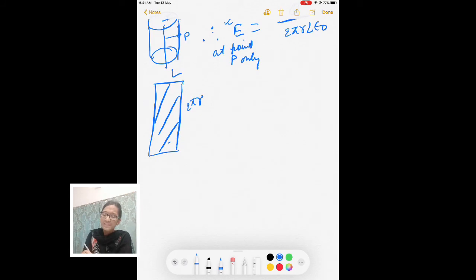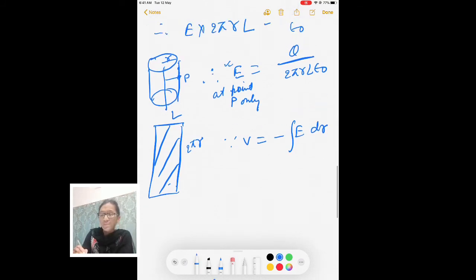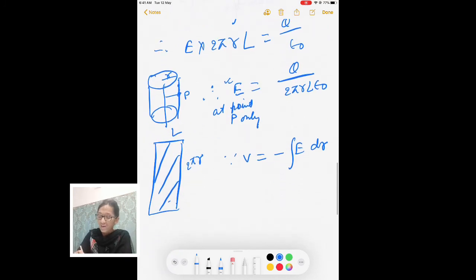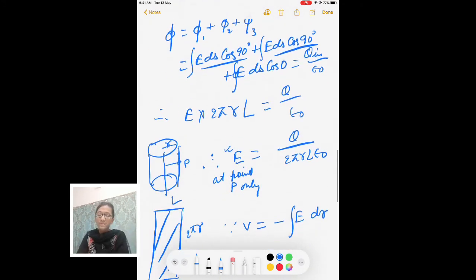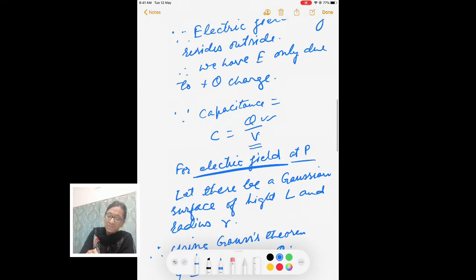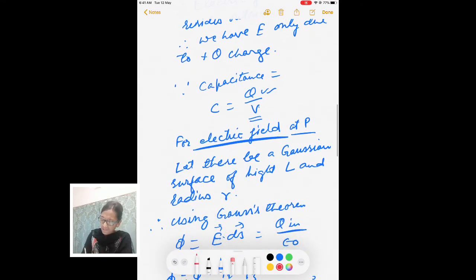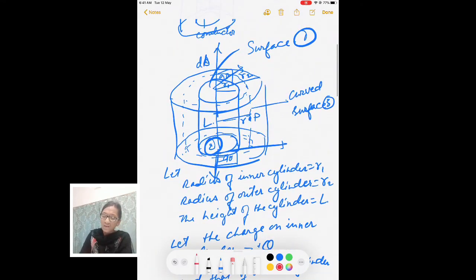Now our next step is to find potential. Since potential V is equal to minus E dR under proper limit. From where to where? Now look, we have a positive charge. Let me take a different color. We have a positive charge. So,